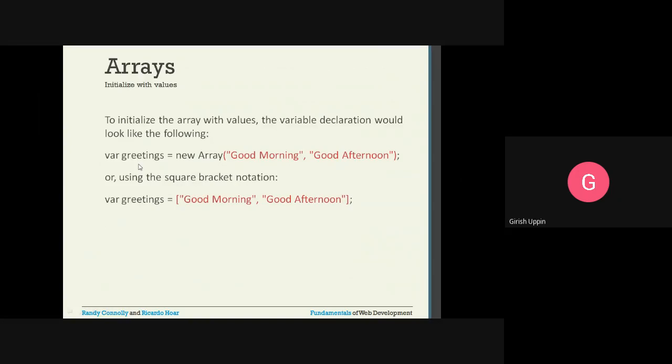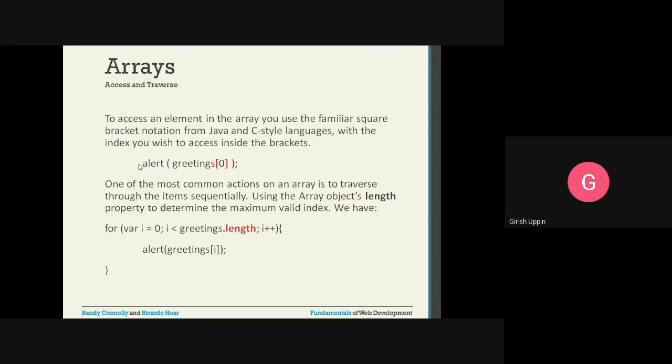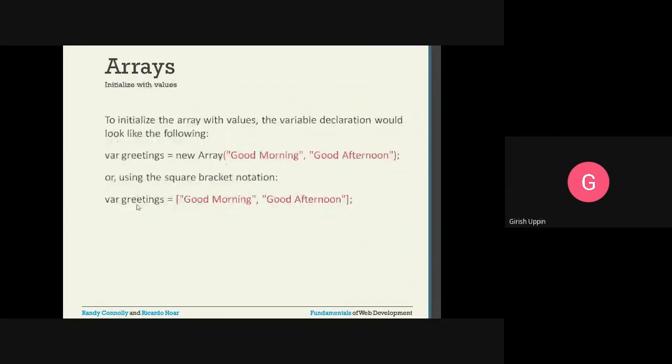To access an element in the array, it is very similar to what we use in other common languages like Java and C, where we use the square brackets and provide the index. Suppose you want to access the first element. For example, this is the array we just created.